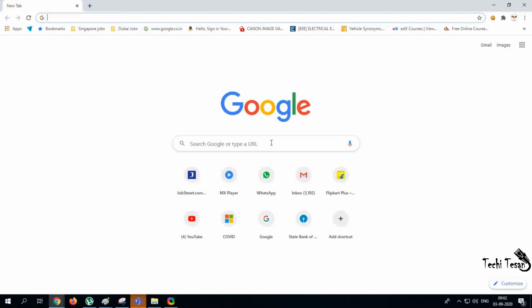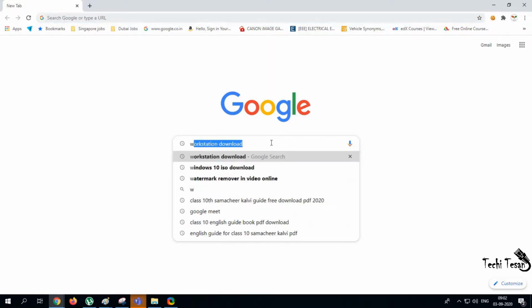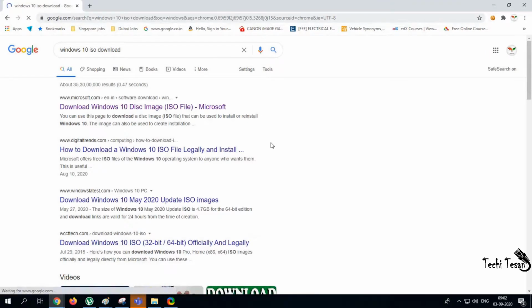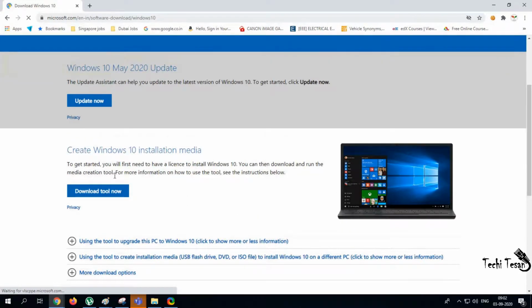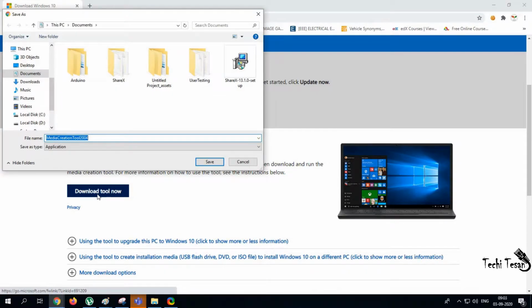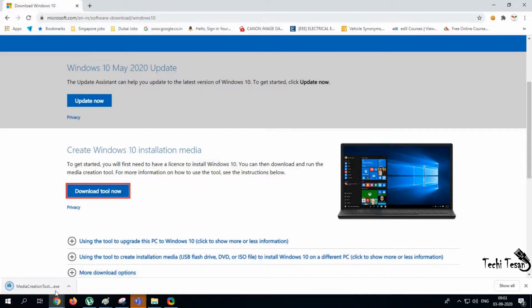First, before creating a virtual machine, we need an ISO image file for installation. Now I am going to create an ISO image with a Windows 10 operating system. First, go to Google and search for Windows 10 operating system and click on the first link as shown on the screen. Now, here, click on Download Tool Now option. A tool will be downloaded and enter the path to save the file.